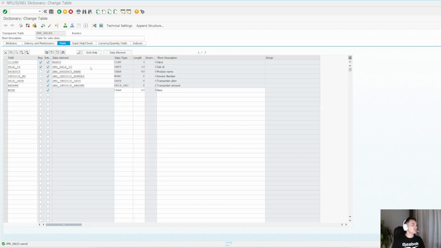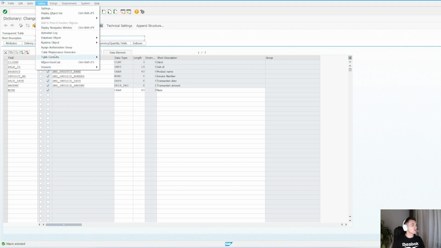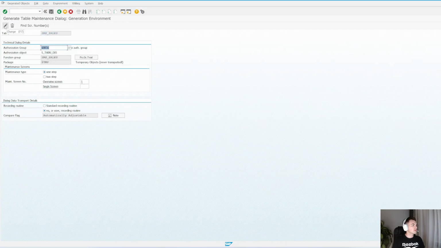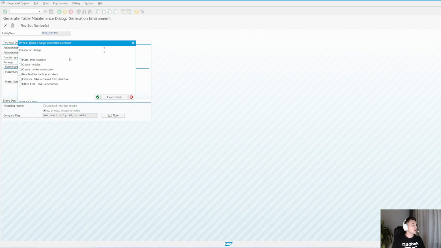That's because we have changed the table, and after you change the table, do something to it, change the data element, descriptions, and so on, you're going to need to create the maintenance view one more time. So you're going to need to go again to table maintenance generator. You are in edit mode and click on edit, on change, and we're going to say the reason why we want to regenerate the maintenance view. In our case, it's a new field. Click on OK